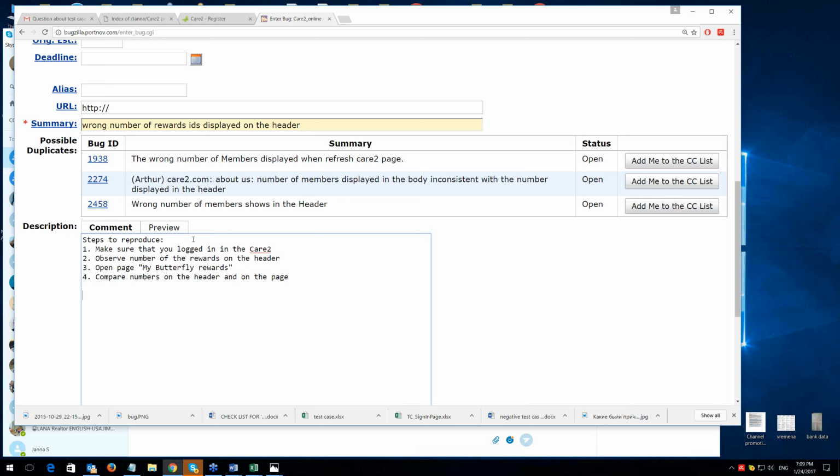And here I put my observation. Observe, because we are not enemies with developers. We are their helpers. And I don't want the fellow developer to read my bug and struggle and think, what happened? No earthquake happened. No crash happened. Why does she bother me? What's wrong? So I just want to help. I don't want him to spend a lot of time. Observe that those numbers are different.